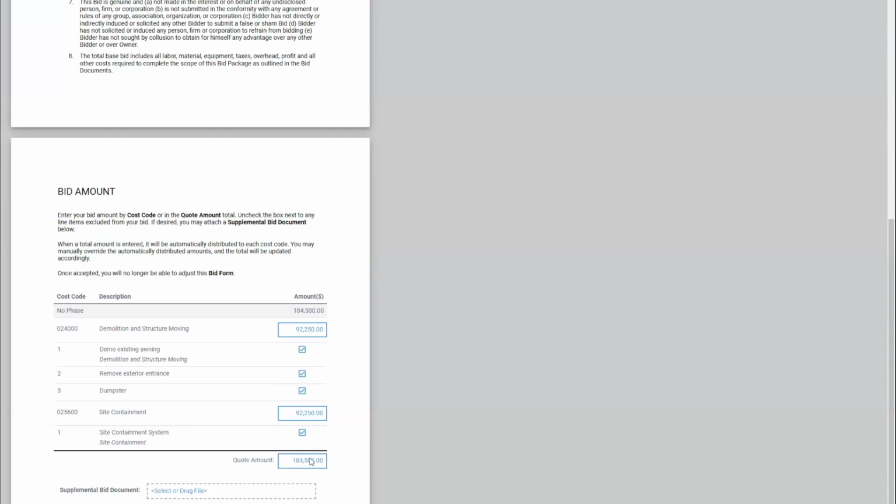They also can go ahead and put in an overall amount, and the bid form will actually split it up across the items. So if they don't want to do line by line, they're just going to put in a lump sum, they can do that, and it'll split it across all the items for them. Lastly, in the bid form, they have the option to upload a supplemental bid document if they have any. So they can throw that in there, and it'll show up inside of the bid package once they've completed everything and filled it out.